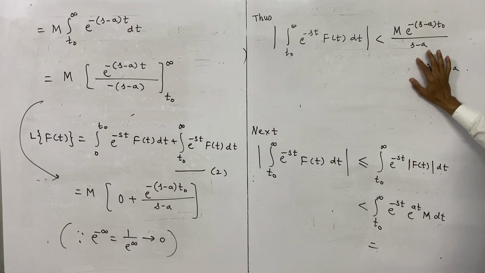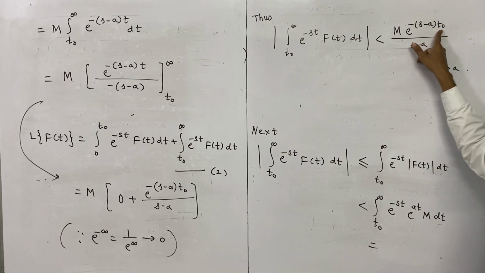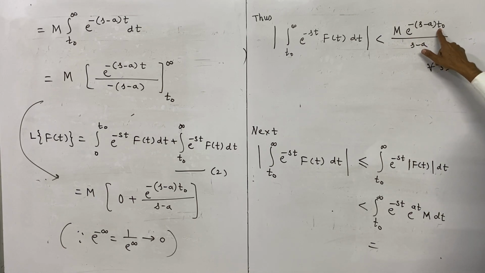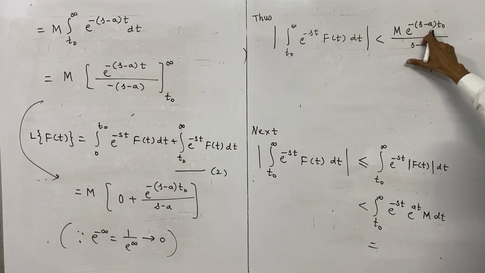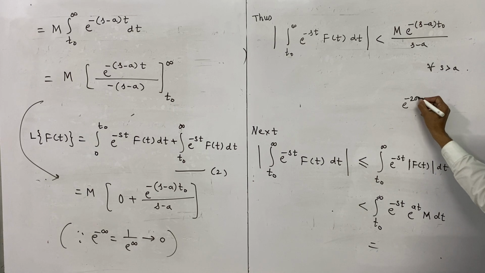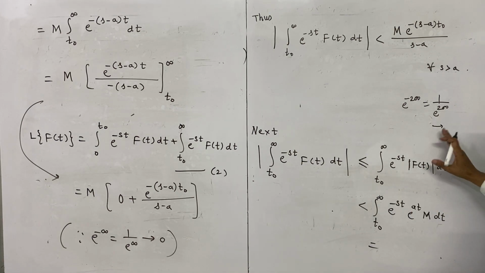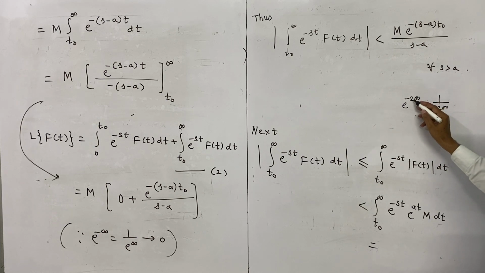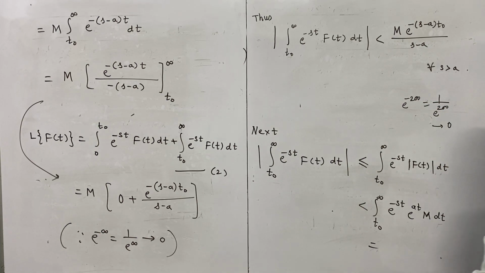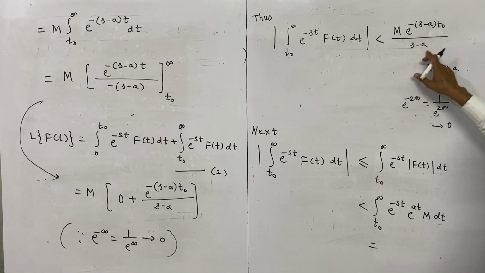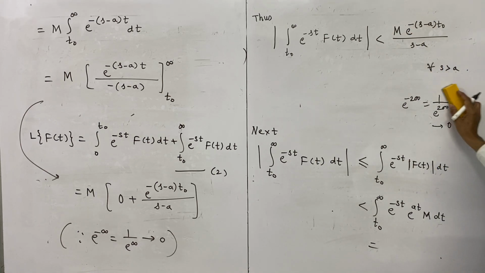This can be made smaller and smaller by taking t naught larger and larger, or sufficiently large. Because when this is a large quantity, e power negative of that large quantity. So if I take t naught as, say, 100, and this s minus a will be some finite quantity, say 2, then it becomes 200, e power negative 200, which is 1 over e power 200, and the quantity is smaller, between 0 and 1. If we increase this value, then this quantity will approach 0. That means this right side can be made smaller and smaller by taking t naught